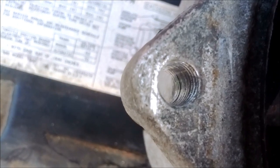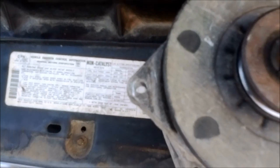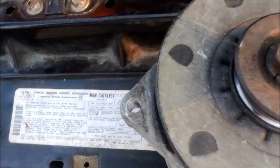So I figured while we're doing that, put the alternator back on. And I see why that bolt was on the back on the top. That threading is all stripped out, so that's why they put a bolt on the back. Apparently that's common. So anyways, it's gonna take me 2 hands to get it down there. Now that I've got it down there, just gotta connect the